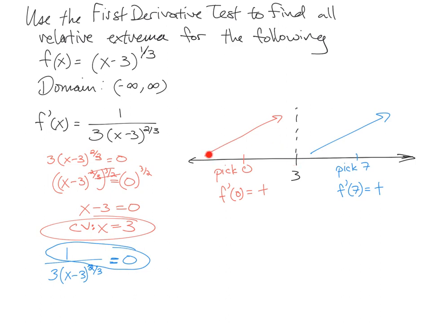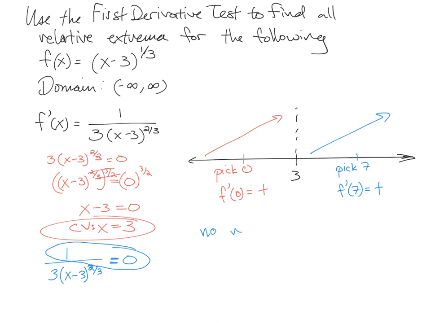And at the critical value, to the left, it's increasing. And when I get to the critical value, it keeps increasing. There's no change from the left to the right. It's increasing, and then at 3 it just kind of stops and hangs out for a second. After that it keeps increasing. So since we don't have any change here, what that means is that we don't have,